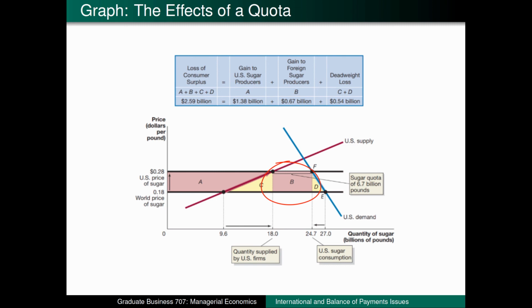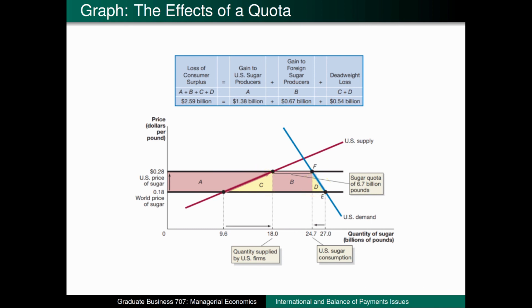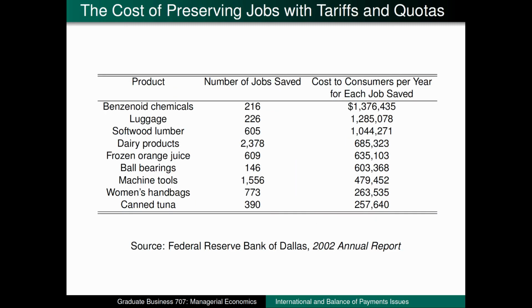But since there is a quota on quantity and not a tariff on price, the government doesn't receive any revenue in this scenario. At the end of the day, there is still deadweight loss, so the economy as a whole is worse off, just like under a tariff. So if you're scoring at home, consumers and the overall economy lose under a quota, whereas American and foreign suppliers of sugar win. One of the justifications for tariffs and quotas is that if American companies produce and sell more domestically, then this will keep jobs within the US. So the question is, how much worse off is the economy, and how does that compare to the number of jobs saved due to tariffs and quotas?